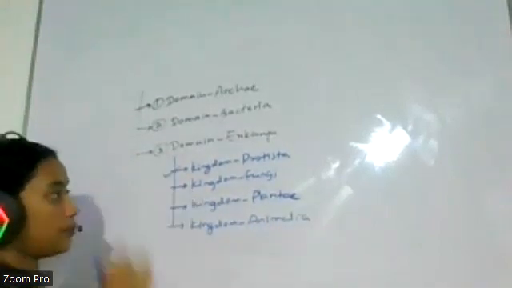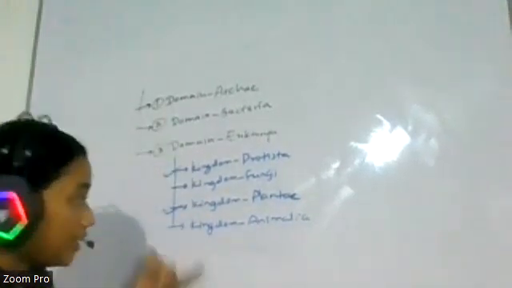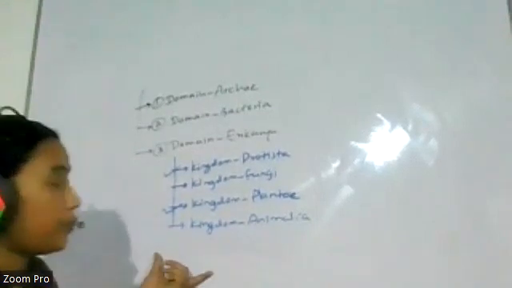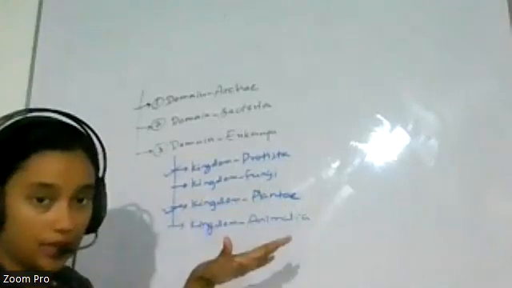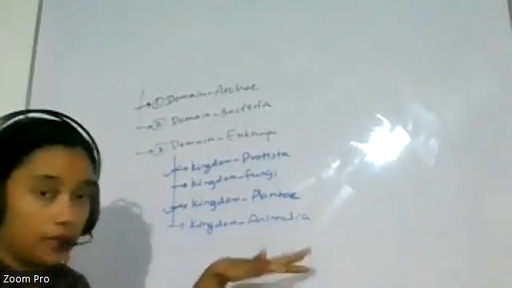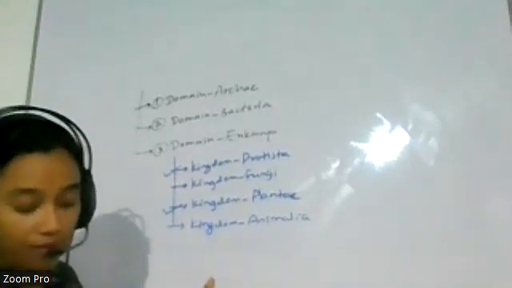We finished kingdom Protista and kingdom Plantae. Today we are talking about kingdom Animalia. Under kingdom Animalia, according to the classification hierarchy: domain, kingdom, then phylum, class, order, family, genus, and the species. Then under kingdom Animalia,